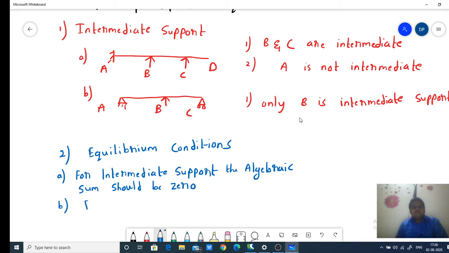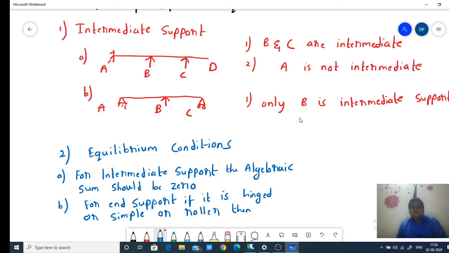And for end support, if it is say hinge, or simple, or say roller, then it will be 0. These are the 2 points that you need to remember. Now for finding out the equilibrium conditions here for A and B only, if I am considering, for A if I am considering,